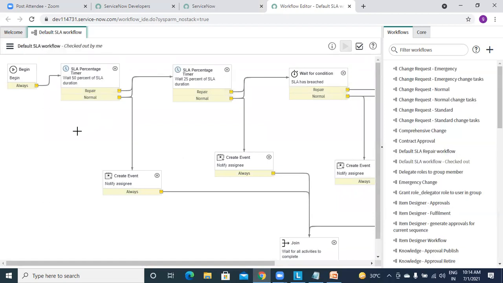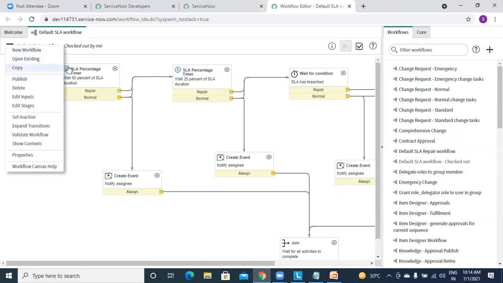Before going to workflow, I will just explain some minor details about workflow, and you will learn about workflow and all activities next week. My friend will take those classes. Okay.